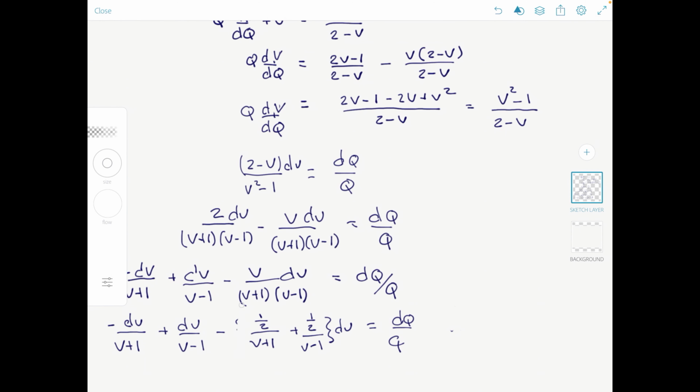Okay, so let's get things right. And this is our differential. And if we do the algebra, we have